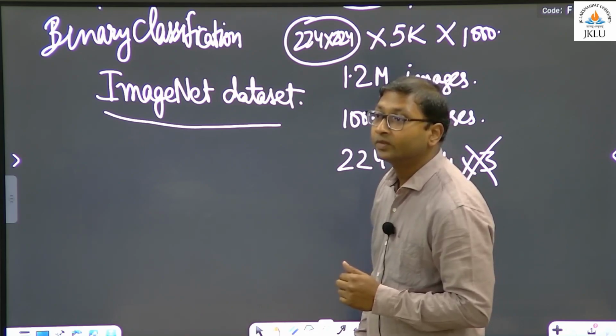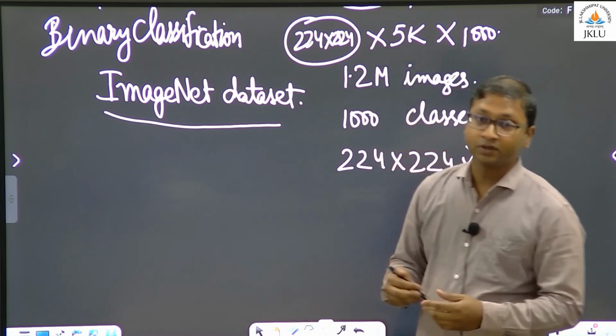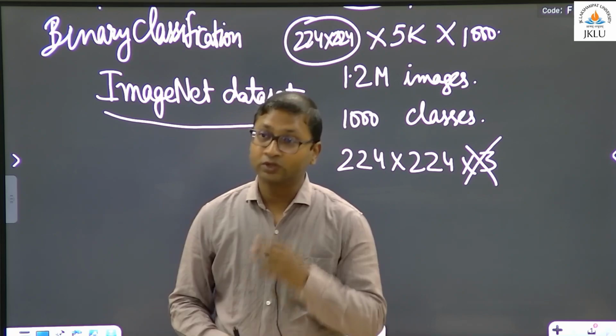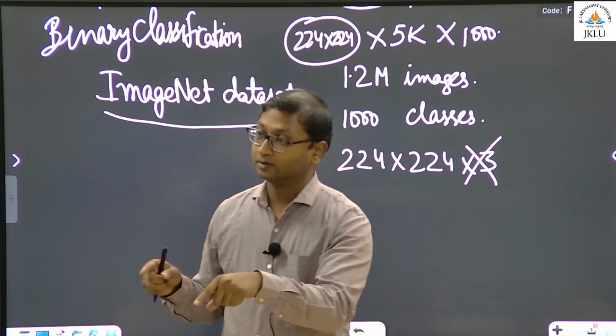And what will happen with HD images? Exactly, in HD you can have maybe 2000 cross 2000, so 2000 cross 2000 cross 3, that already gives you